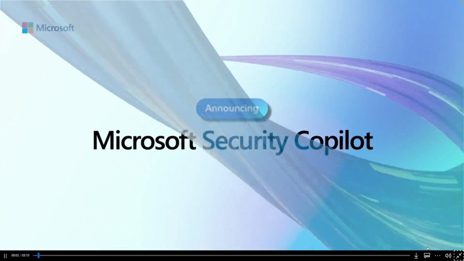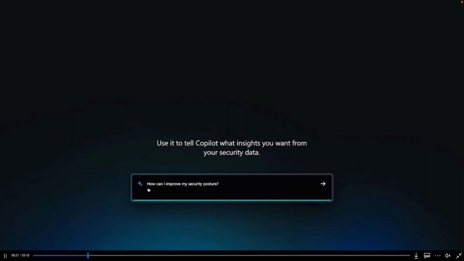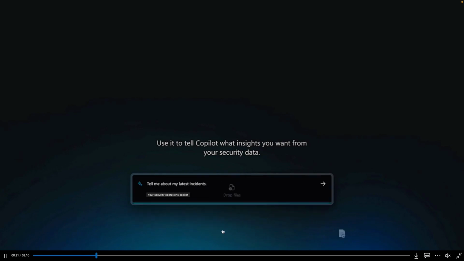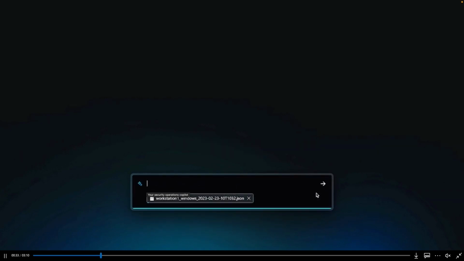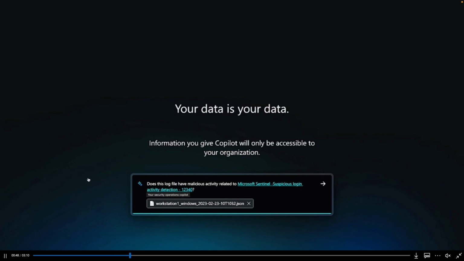So just showing the video here briefly. There's a demo that they show. We have a prompt here that will allow you to ask a variety of questions, and it will know based on the inputs, kind of helping. Here's an example where they give you a log file in JSON about any malicious activity occurring in that log file, and then it will analyze it and give you a rundown of anything that could potentially be